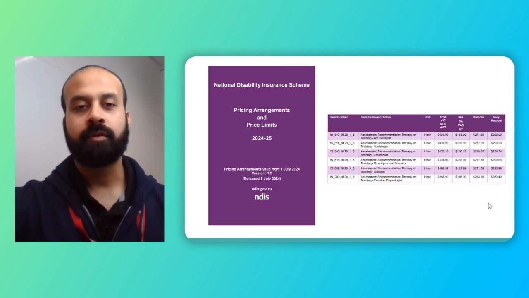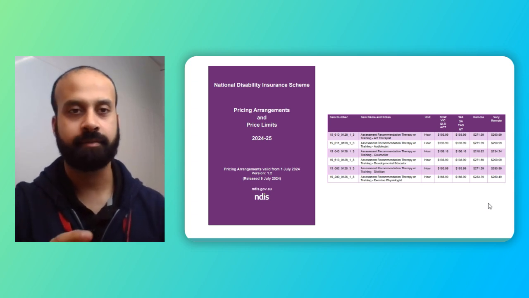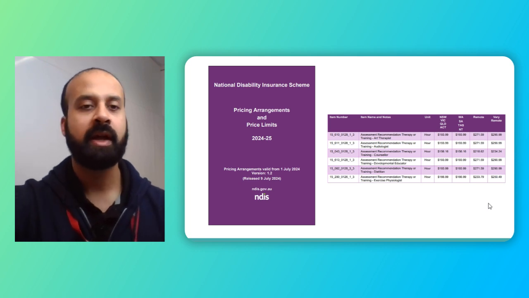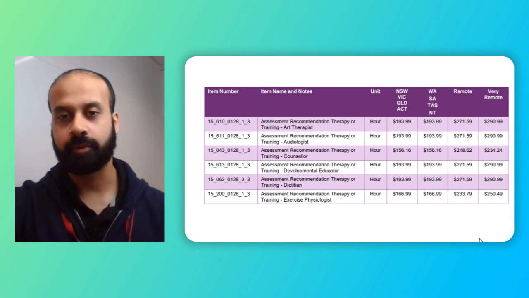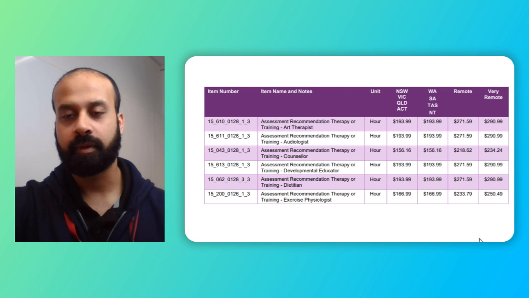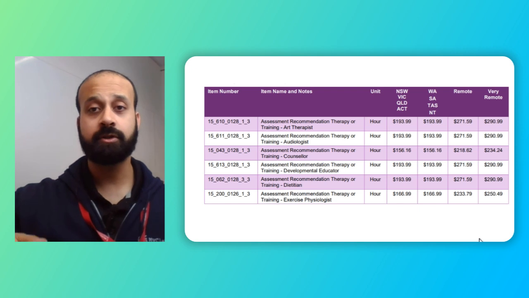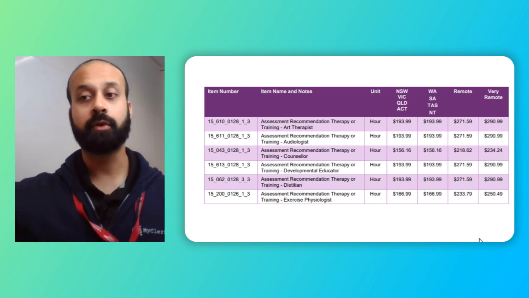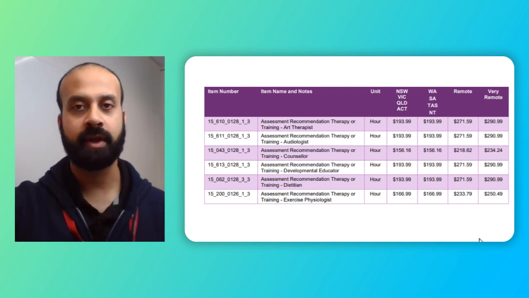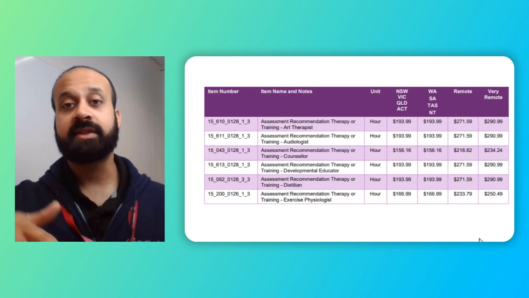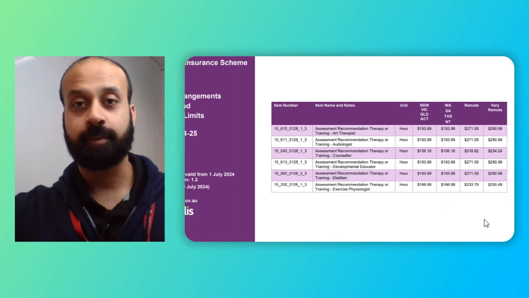All right, so here's an example of when we're talking about funding, how do you know how much you can charge? Well, there's a price guide, and this comes out pretty much every year. In fact, I think multiple times a year, and this will tell you the maximum rates that you can charge per hour, for example. So here's a list of professionals and how much they can charge per hour, based also on your location. If you're in a remote or rural location, your rates will be a little bit higher, as opposed to if you are in the metropolitan areas. Again, this is the maximum that you can charge per hour. You can charge less than that, of course, but you cannot charge more than that.